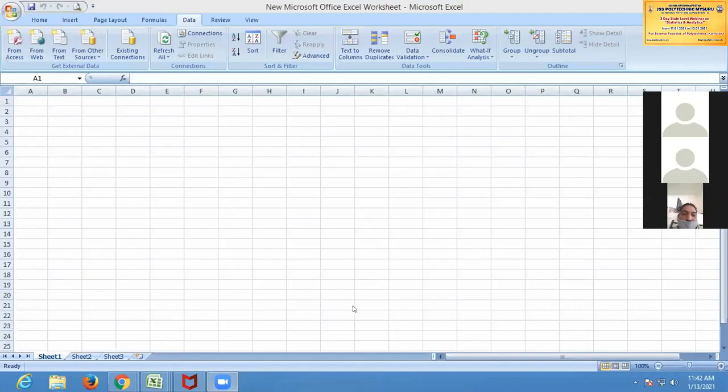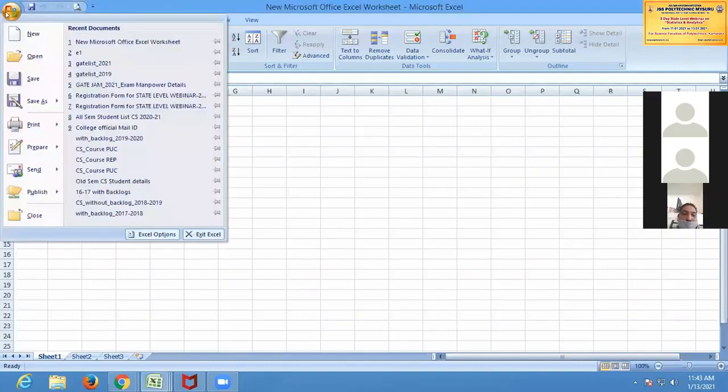It is the same as the higher versions like 2010, 13 or 16, but with certain differences, the icons are a little bit different. The steps that I have taught till now are almost the same. No changes will be there. Only the icons will be present in different locations. Based on that, first I'll tell you how to install the data analysis tool.